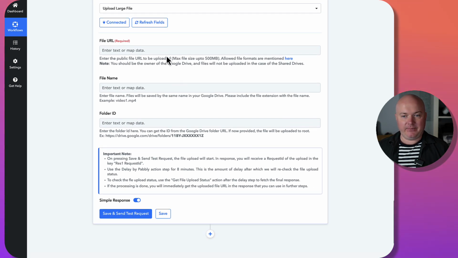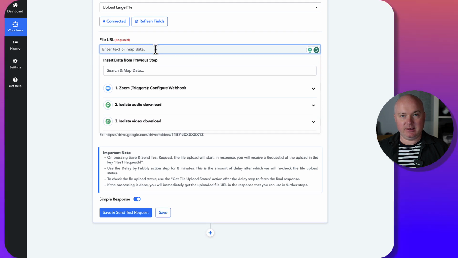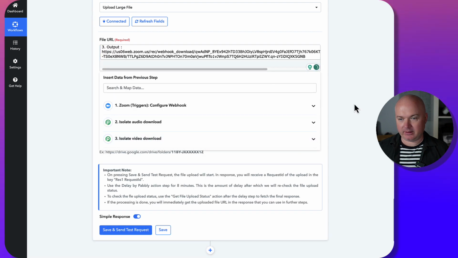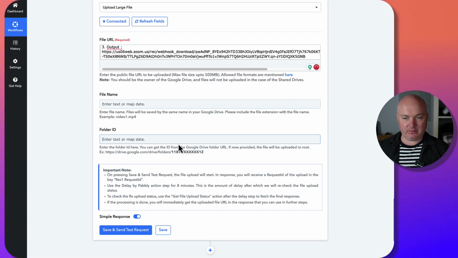Now the file URL here is indeed the isolated video download URL that we have just isolated. So that's the one. Click on that one. Okay, file name. Well, let's create a file name. Now, I don't know how you want to name these files, but the way that I go about it is